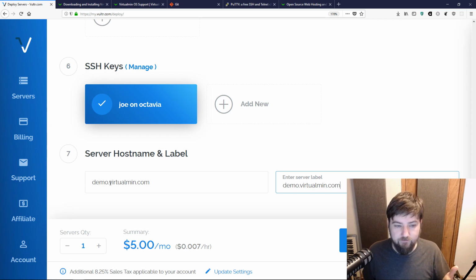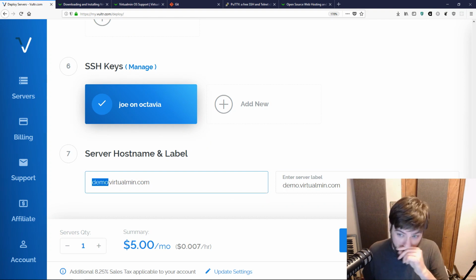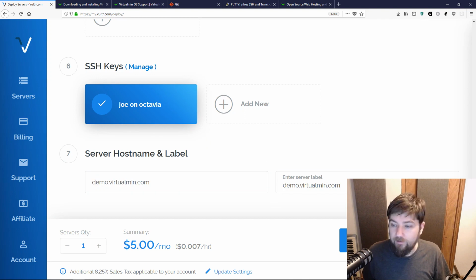That means anything like virtualmin.com or demo.virtualmin.com. Just saying Virtualmin would not be a fully qualified domain name. You need the top level domain, you need the second level domain, and then you need whatever other names you want to put on there. Now this doesn't need to be the name of any websites that you'll be hosting on the server, and in fact it probably shouldn't be. It should probably be something that is